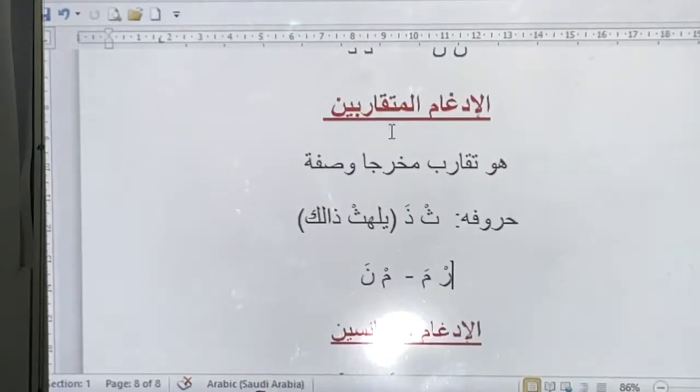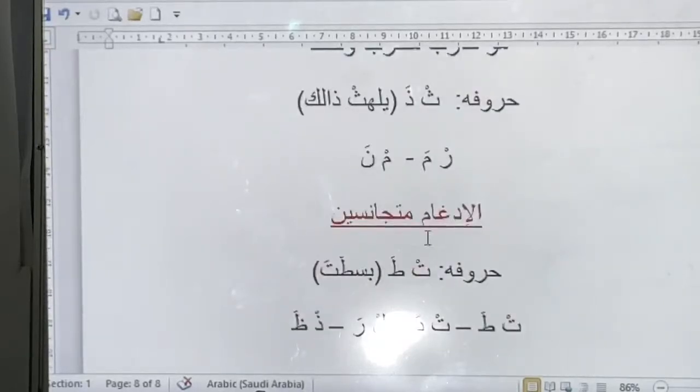And then the second one is the makhraj, and the first part of makhraj is we are having tha and dal, ra and mim and nun. These are the only ones that they have selected. So if we get other ones they have not shown us, we'll just practice with the ones they have given as examples, that is only dal and tha and dal, ra and mim and nun. And then another one for makhraj is ta and ta, ta and dal, lam and ra, dal and dha.